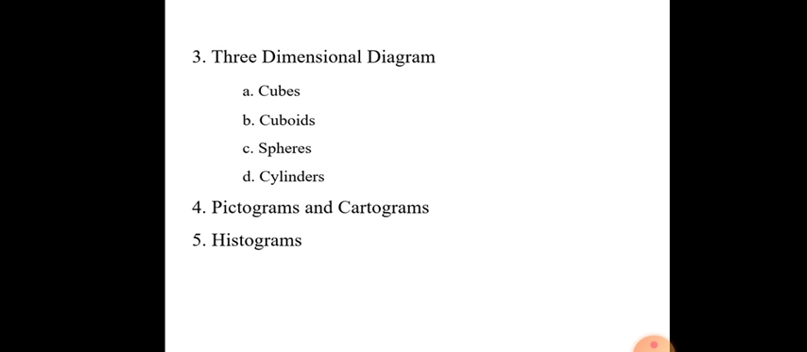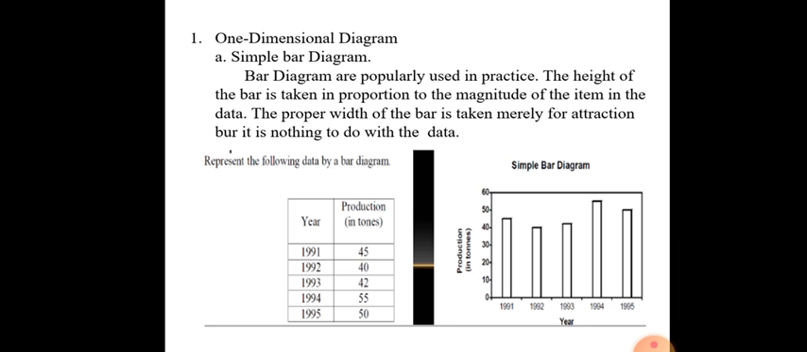Okay, so now see, in the next slide, the one dimensional diagram. These one dimensional diagrams are mostly bar diagrams. In such diagrams, only the length of the bar matters. Whatever the width is has nothing to do with the data, but it is shown only for attraction. So this is the one dimensional diagram. It's the length that matters in the one dimensional diagram. So it includes the